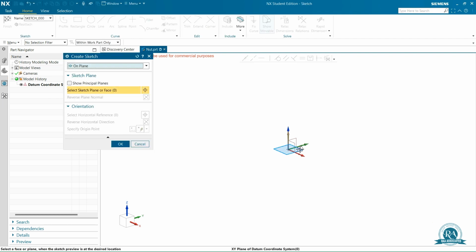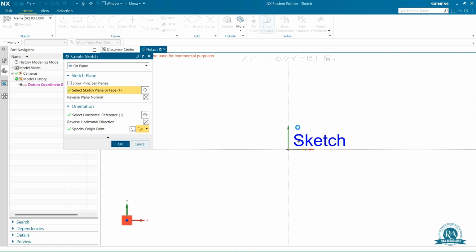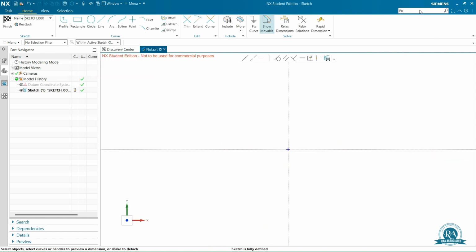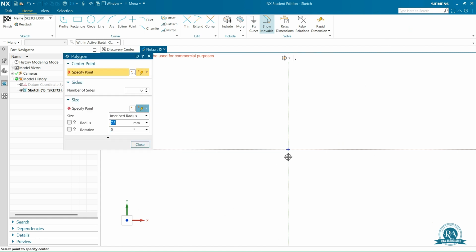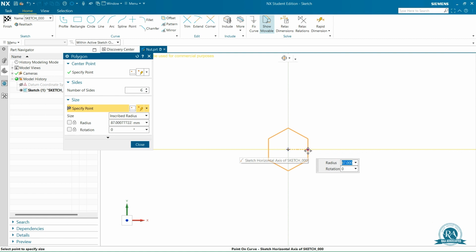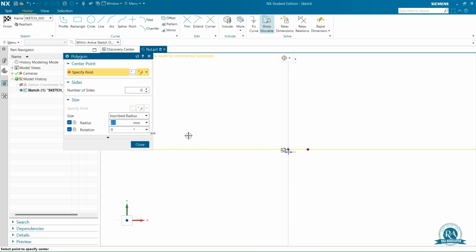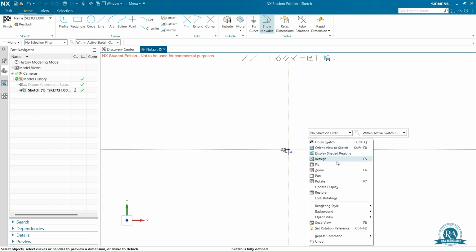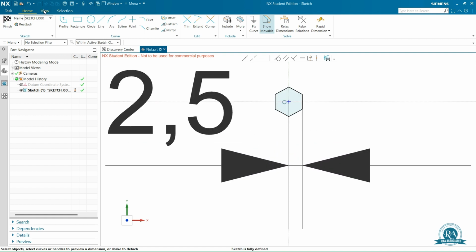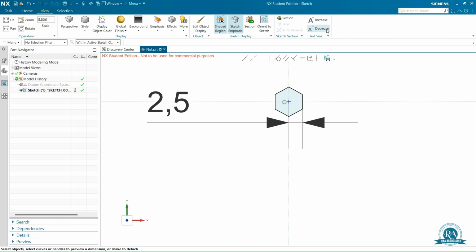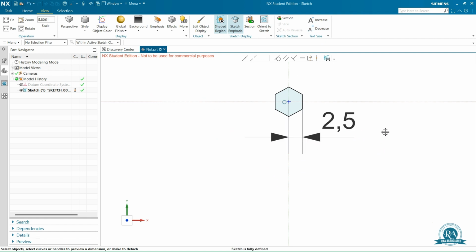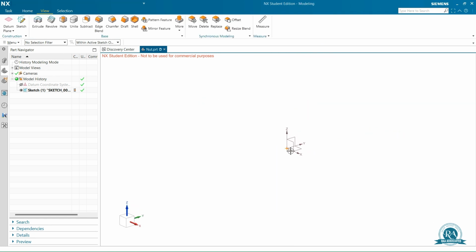Create a sketch on XY plane. Type polygon in the search command window and specify the inscribe radius 2.5 mm, rotation 0, decrease the dimension text height, finish the sketch,